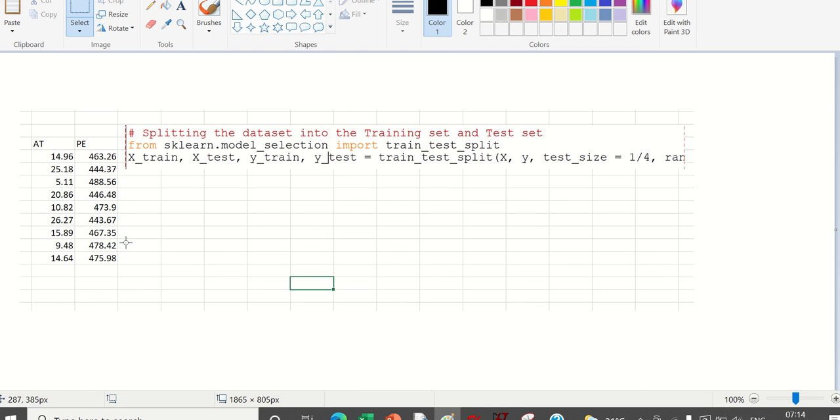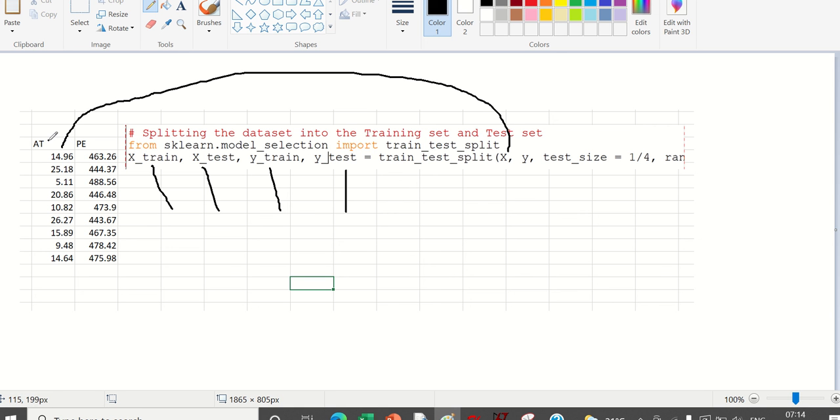So now what it will do? This is our code. X train, X test, Y train, Y test. This is my X and Y. What is X? What is Y? So X train, what it will do is it will take, say, 25% as test. So the remaining 75% will be train.